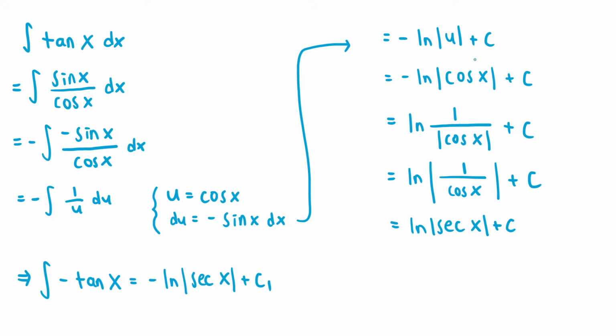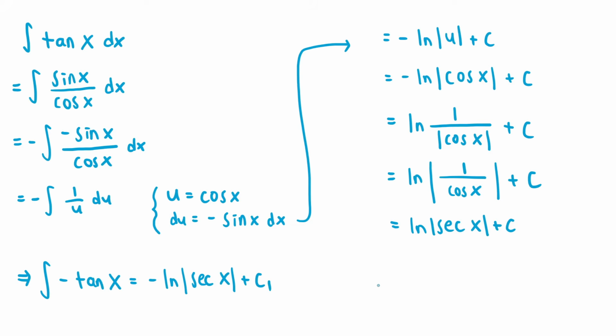Since u equals cosine of x, the expression becomes negative ln of the absolute value of cosine of x plus c. We can use the properties of the absolute value and logarithm rules to rewrite the expression as ln of the absolute value of secant of x, so we don't have the negative sign at the front. So the integral of tangent of x is ln of the absolute value of secant of x plus c,